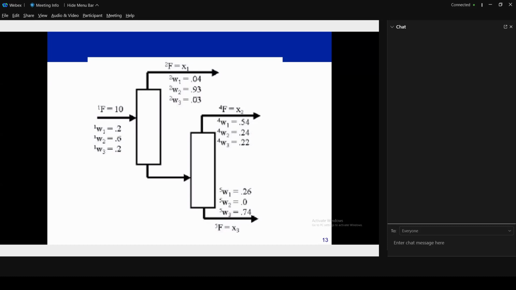So what I'm going to do, I'm going to wait here for almost 5 minutes. You people try to formulate the equations from this diagram and then try to find out X1, X2, and X3. And then I'm going to ask